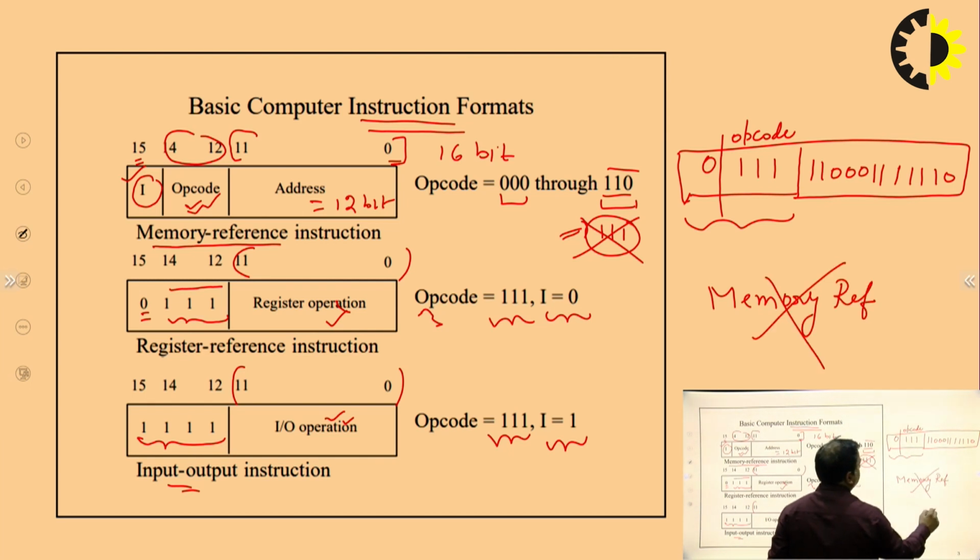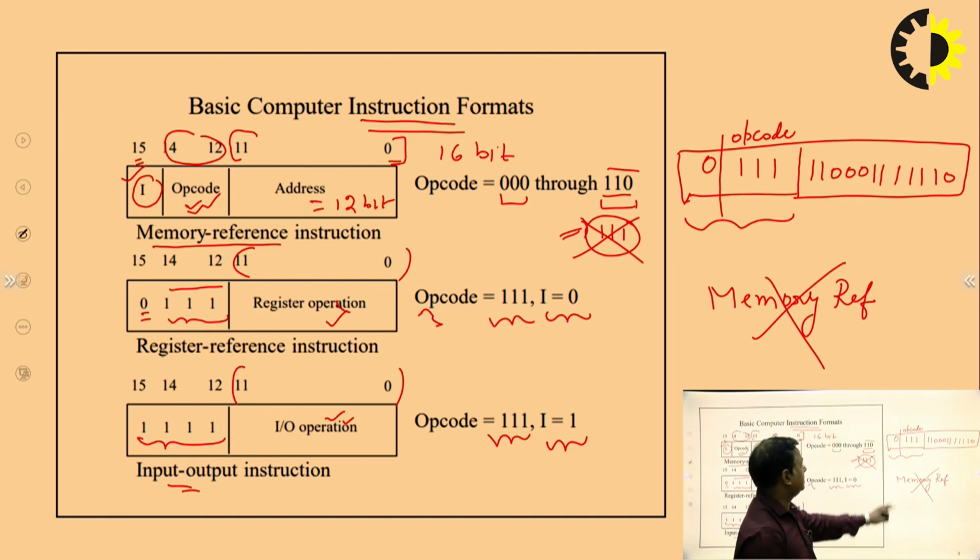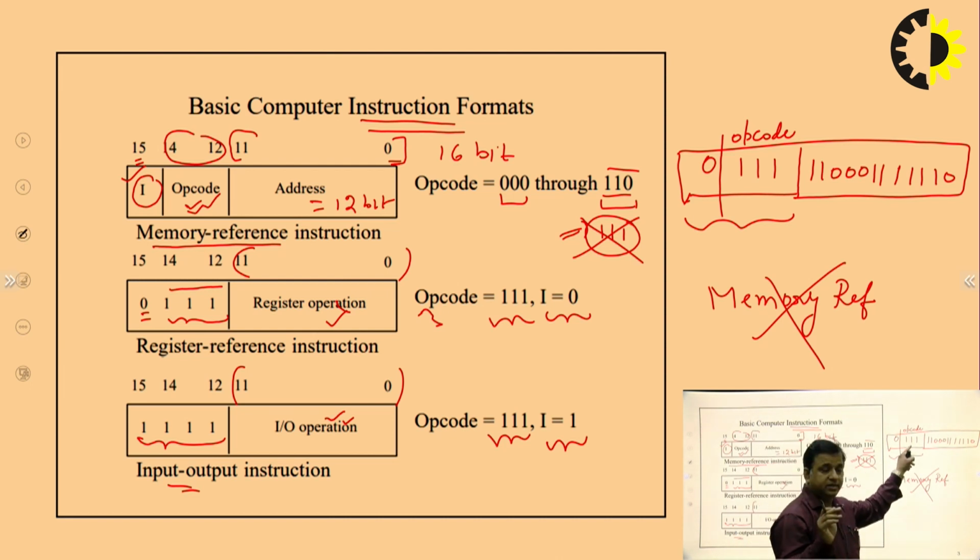Memory reference से ये related नहीं है. That means this is not a memory reference instruction, right? So either it may be a register or it may be an input output instruction. So how can we distinguish the register and input output? That is decided by the